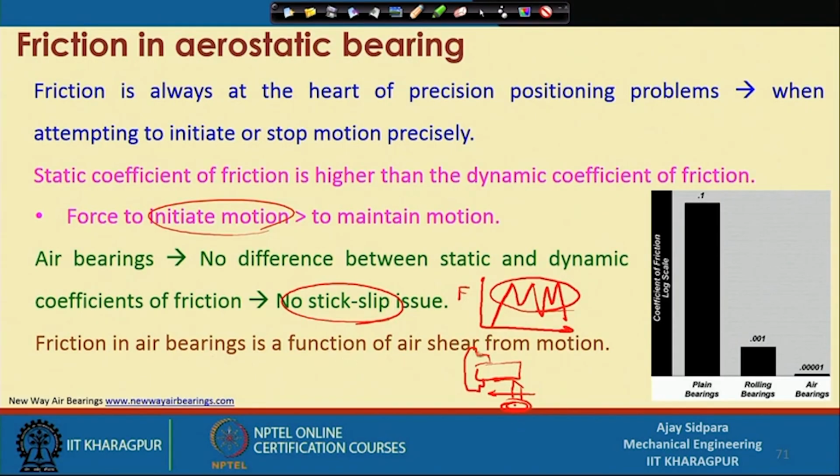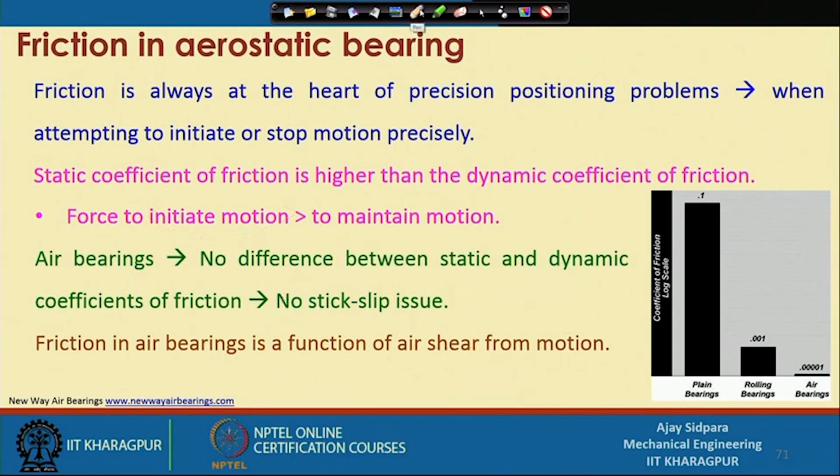Friction in air bearing is a function of the air shear from the motion. So, here also there is friction, but that friction is not because of mechanical contact, but because of the air shear, because now we have one particular surface and there is an air supply between the surfaces, and this is the under surface with this car. How much the shear of this air is, that will create a friction, but that friction is still much lower than the friction achieved by the other types of bearing surfaces,